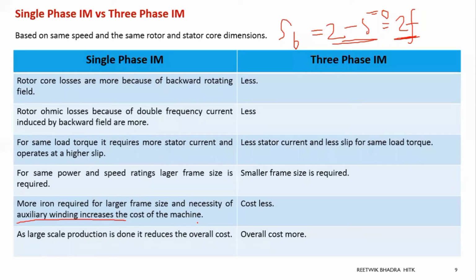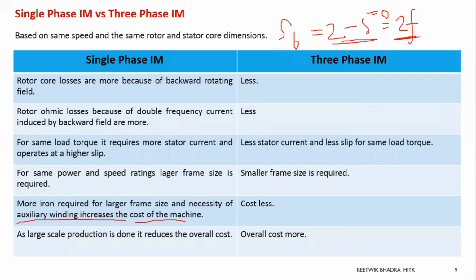And it also increases if I am going for the same power. A three-phase machine will easily produce the same power. Suppose I am producing 14 kilowatt at the output. A three-phase machine can easily produce 14 kilowatt because the voltage and current ratings are very high. But for the same power rating, if you are generating 14 kilowatt from a single phase machine, that means you need more windings, more frame size. In order to support those more windings, you have to increase the structure of the machine also, right? So that will increase the cost of the machine.